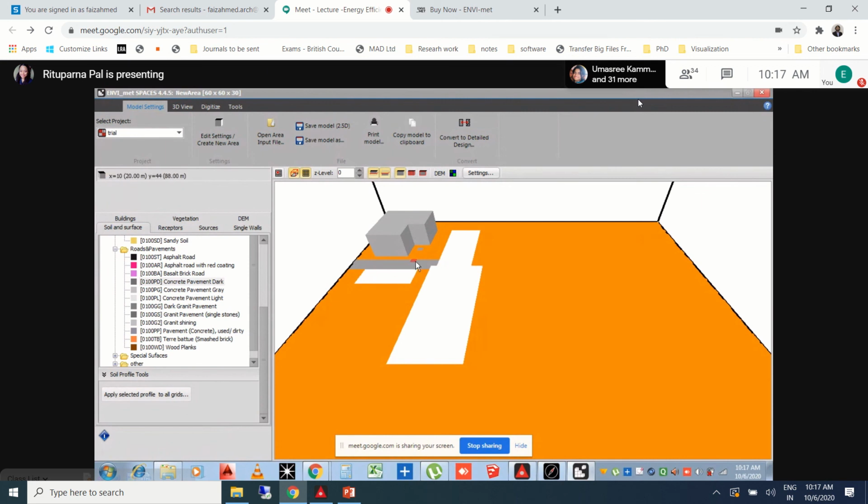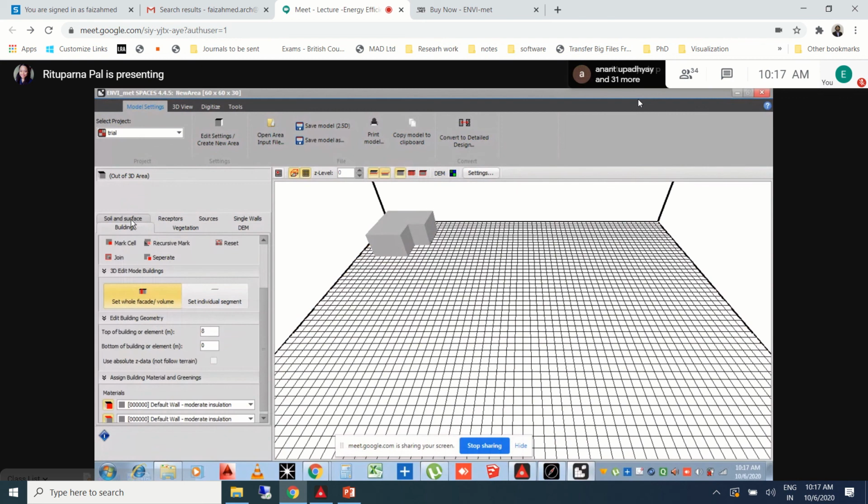Maybe I'm having some road here, I can add this road in this 3D. Similarly, if you need to add some buildings